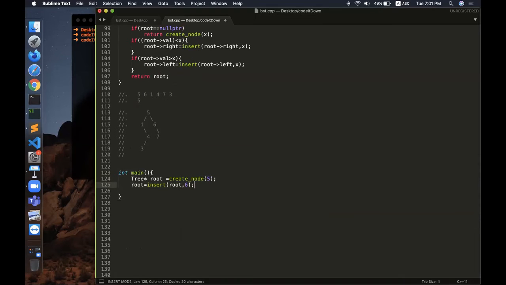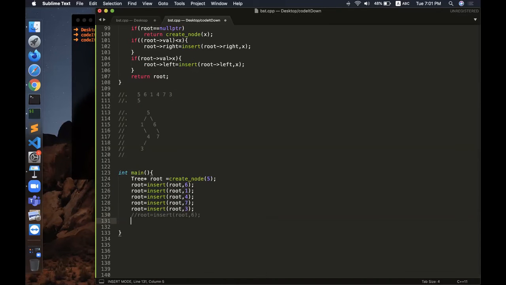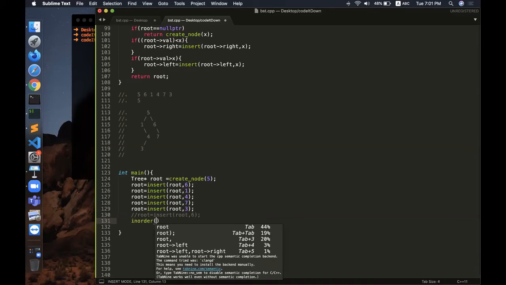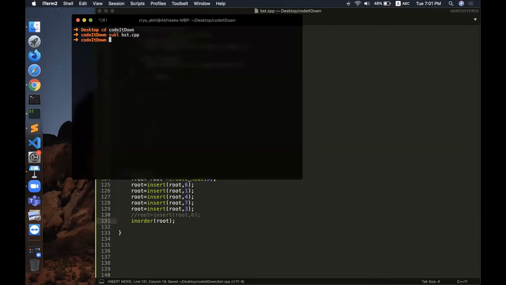And then I will insert 1, then 4, then 7, then 3. Now let us print the in order traversal of this root, just to check if things are correct or not.